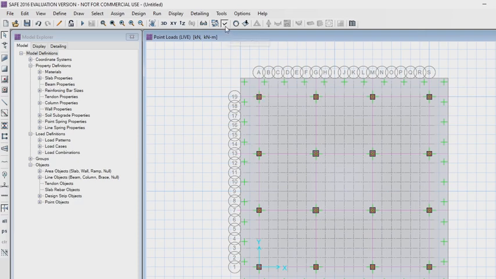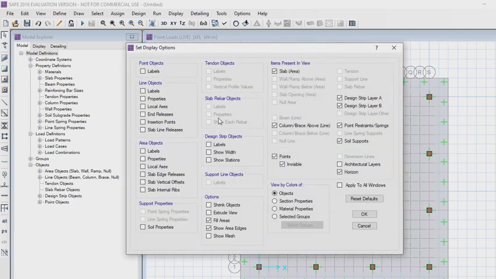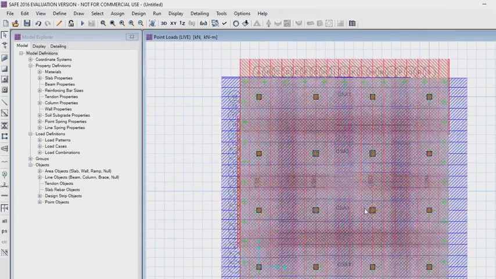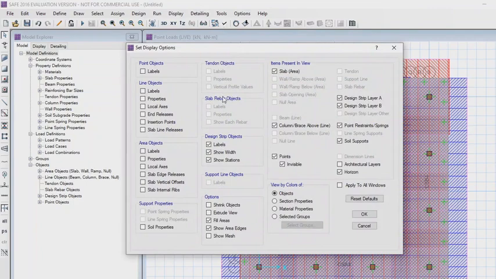Go to set display options and select all options below design strips objects. Here you can see the thickness of the strip width. Again go to set display options in the toolbar. Unmark all three in design strips objects. Click on OK.